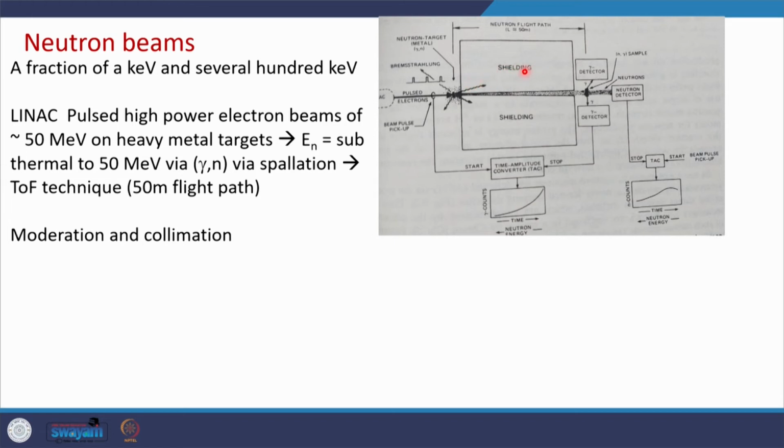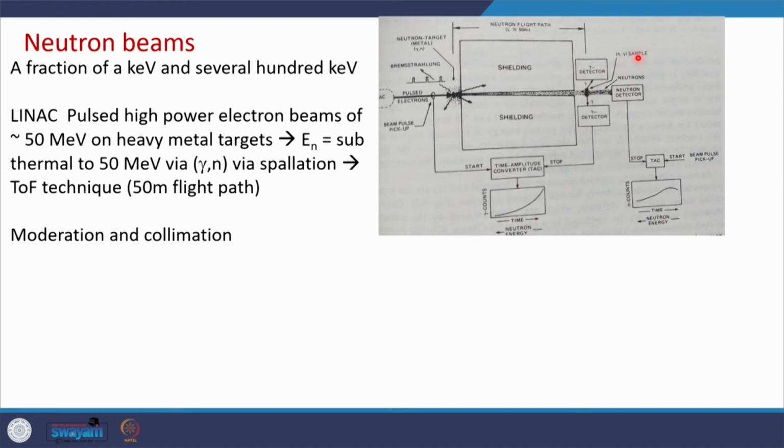For the neutrons, we either use a very good quality concrete, normally we use concrete material for the shielding of neutrons, and you collimate it. As I said, one of the important considerations is collimation. You see, from this target, when electrons react and via the gamma-n reaction neutrons are produced, they are collimated in this way. See the laser pointer, okay? And when these neutrons interact with the target material,